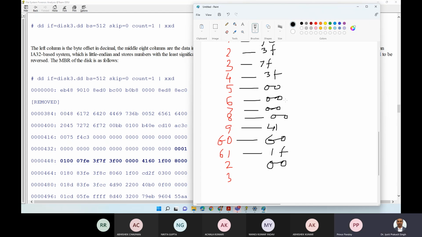हाँ गलती लिख दिया मैंने। यस सर, ये 3F के बाद 00, फिर 00, फिर 00। लेकिन सर आपने उसके बाद फिर एक 00 गलती से। हाँ 4 पे 3F हुआ, ठीक है, देन 00, देन 00, देन 00, देन 41 सॉरी, then 41, then 60, then 1F, then 00।